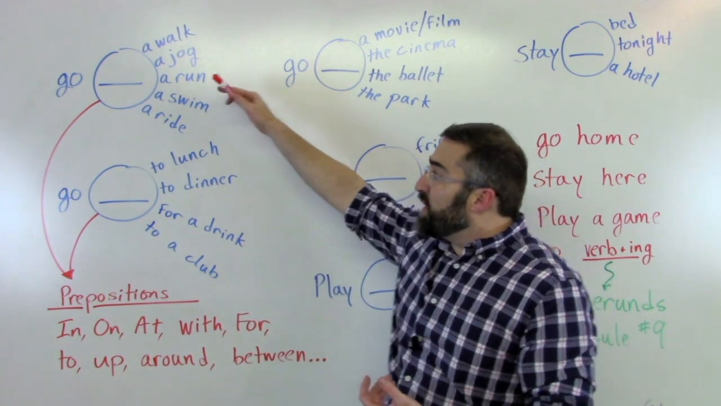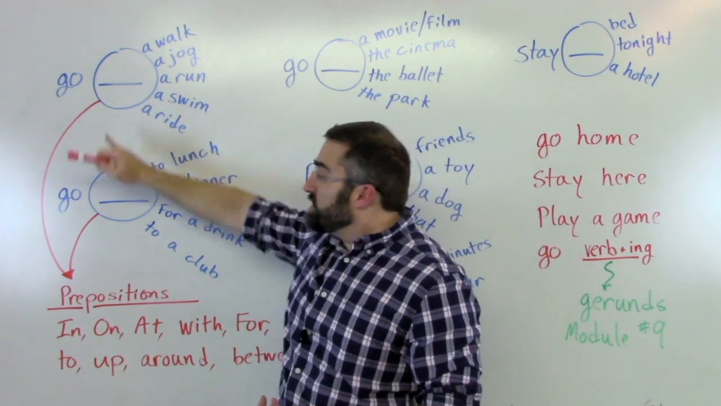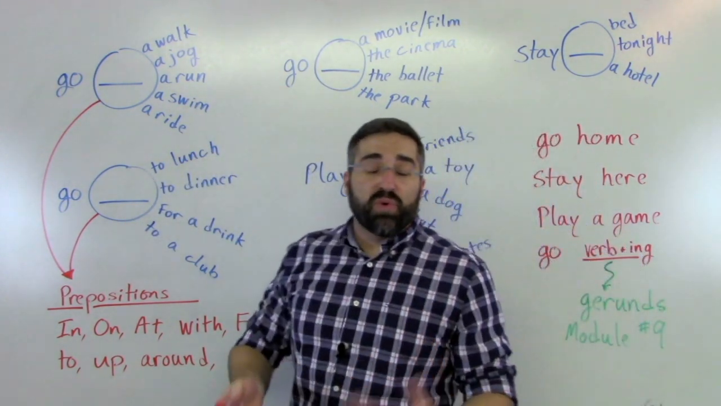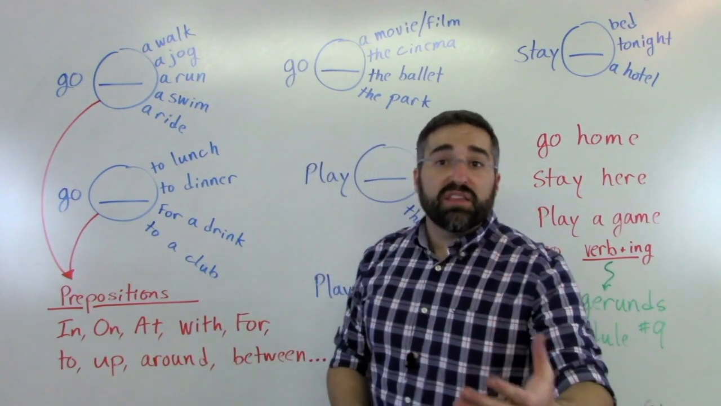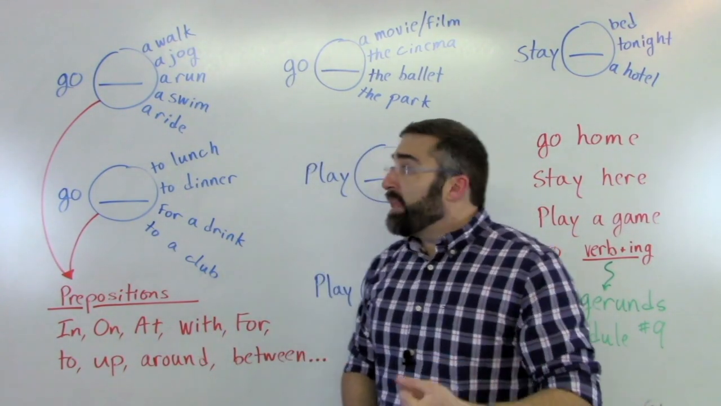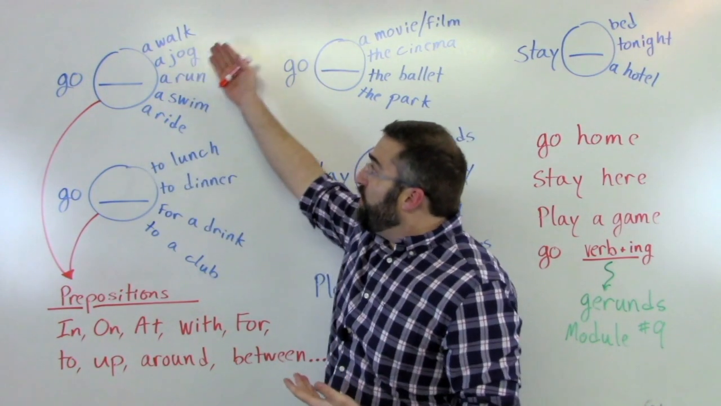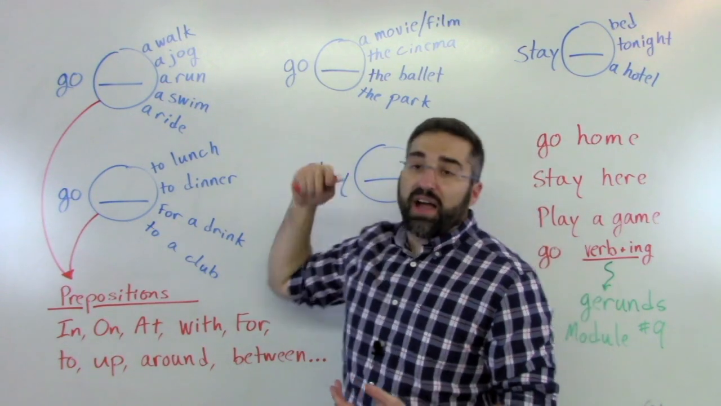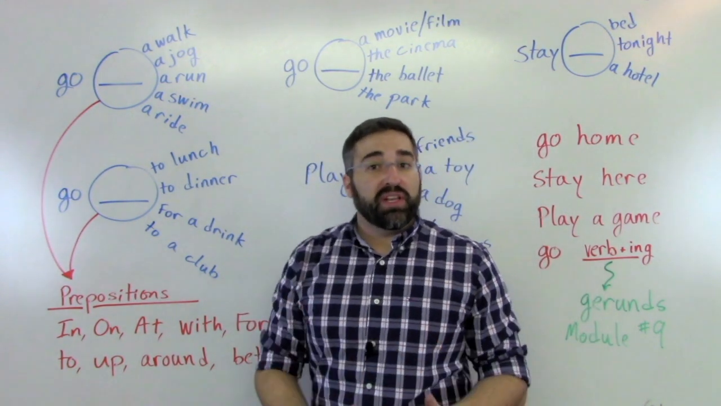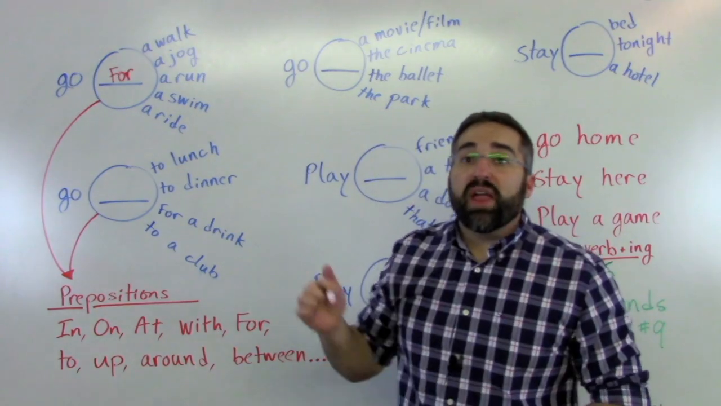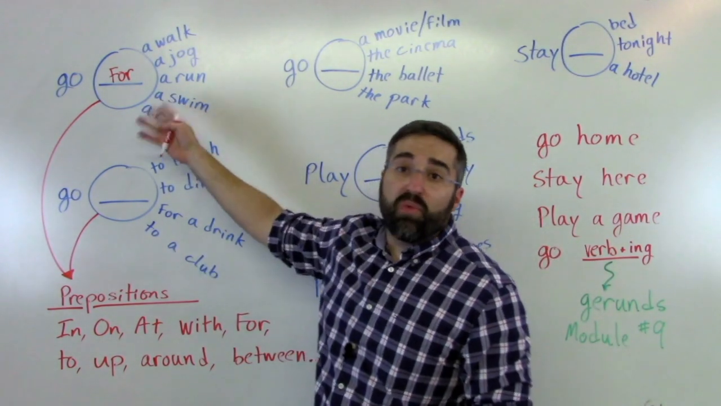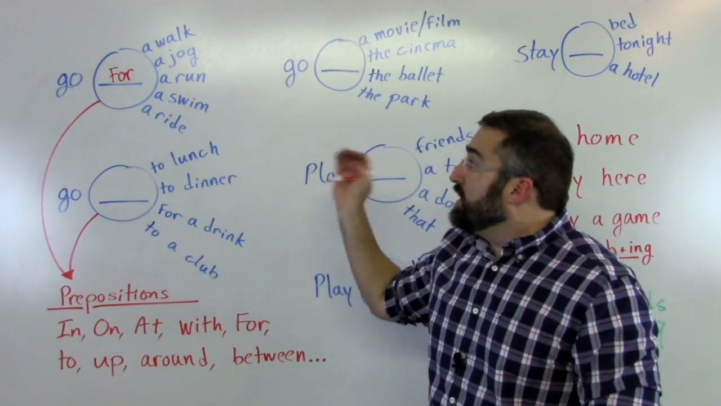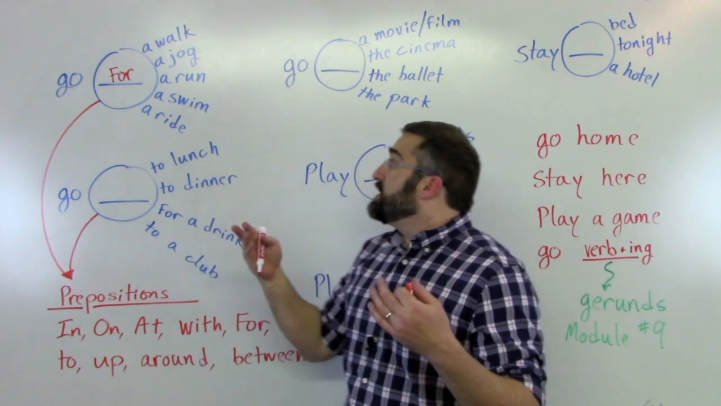So we have some expressions here. Each one of these has one preposition, and it works with all of these words. I think that you probably have seen some before. So if you look here: go, something, a walk, a jog, a run, a swim, a ride. We have one preposition that we use right here. Go for a walk, go for a jog, go for a run, go for a swim, and go for a